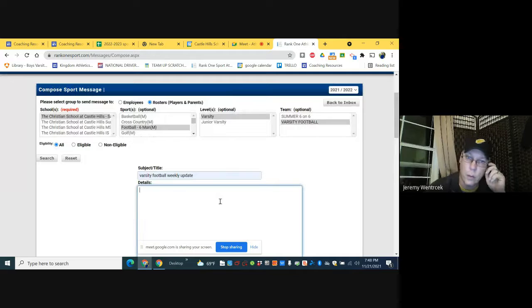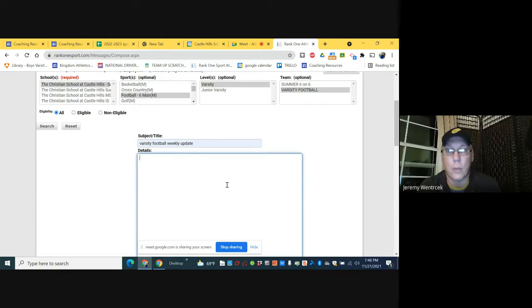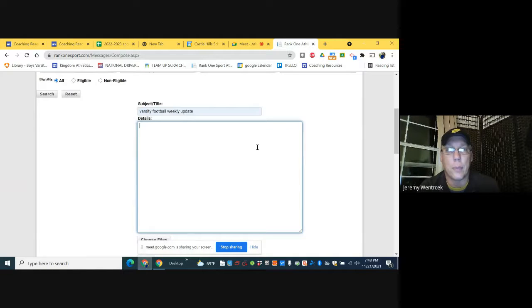Now, one of the things we always tell our coaches is that Rank 1 is a great, powerful tool, but one of the limitations of it is the messaging system is a one-way messaging system. So if you just send a message to a family, they can't respond to that message just in the default mode. However, we found a way to make sure that that's able to happen. And so when you get done with your message, at the bottom of it, if you will just type in your email address,